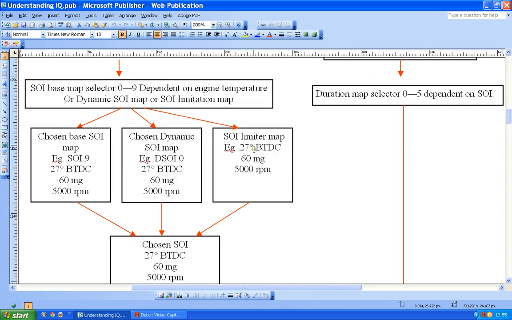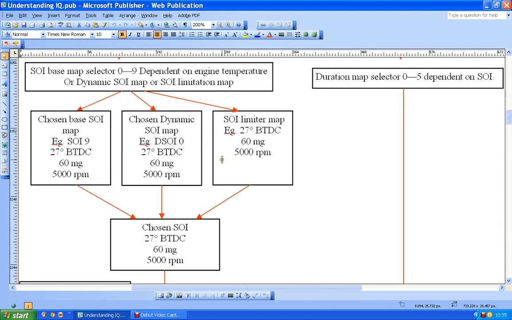And finally, of course, there is a limiter for start of injection, and again it's a sort of temperature dependent limiter, but we've got a limiter, and that limiter says not so much which of these is okay, because when you look at it, it basically is a choice. So the result here could be that map, or it could just ignore all the maps and pick a value off of the limiter.